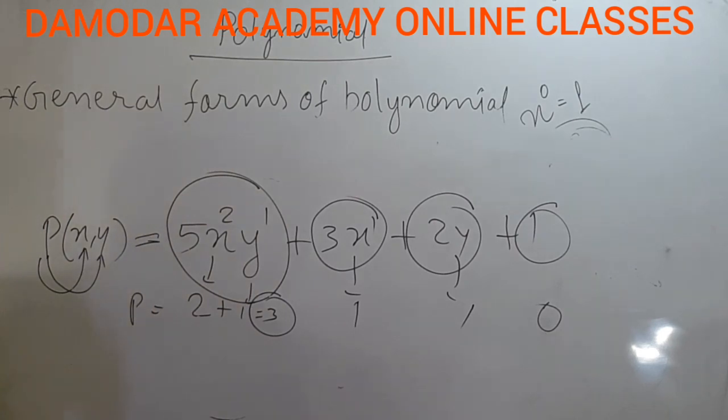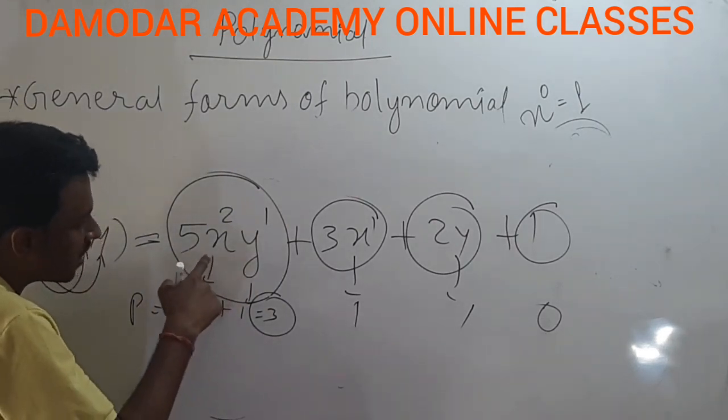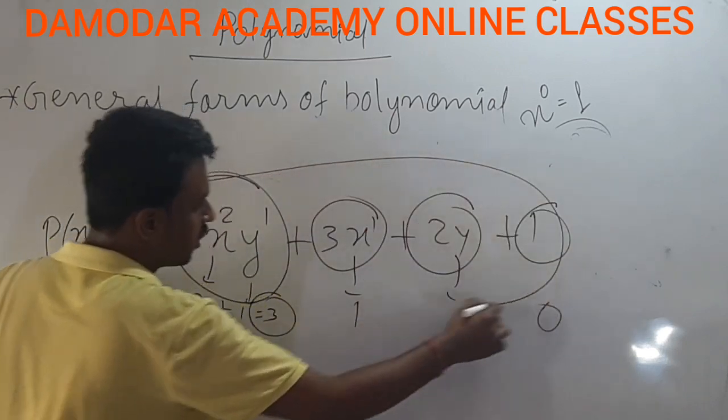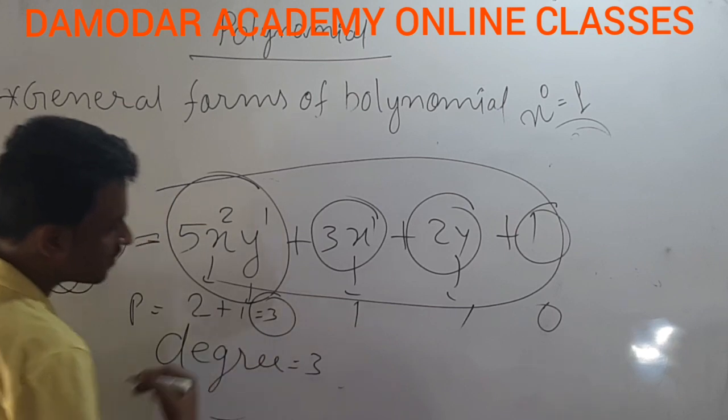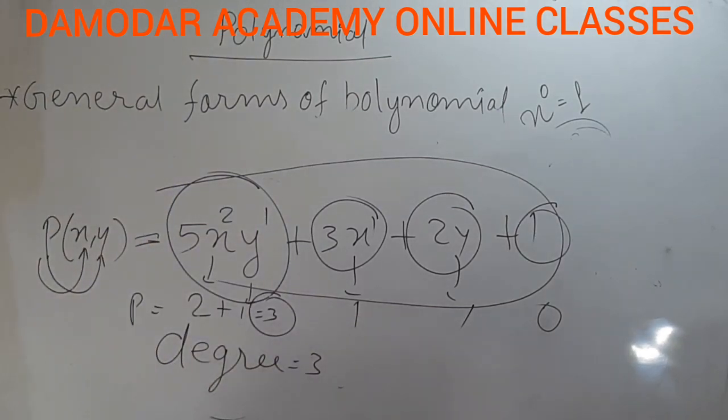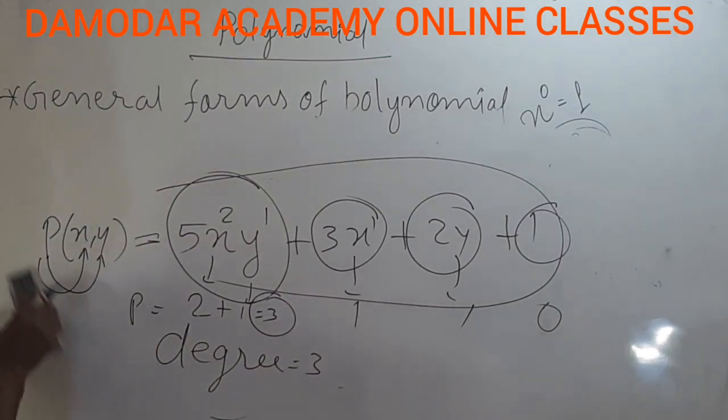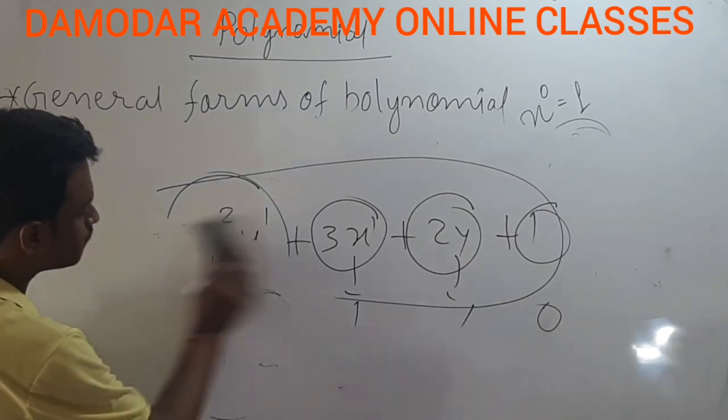5x² इंटू y, नहीं इसका मतलब इसका डिग्री, इस पॉलिनोमियल का, ये जो पॉलिनोमियल देख रहे हो इसका डिग्री क्या होगा 3। ठीक है, समझ में आई ना।